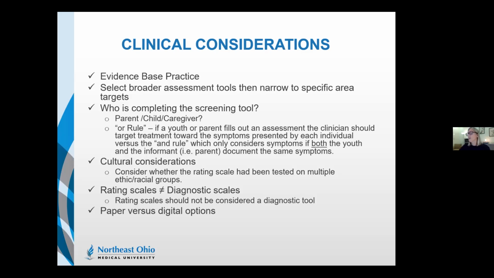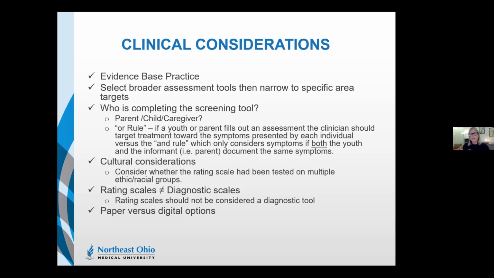One of the recommendations is to look at broader assessment tools and then narrow down. For example, there's a broader assessment tool for mental health called the Patient Stress Questionnaire. Essentially it involves maybe four other assessments, one of which is the GAD-7, an anxiety assessment; the PHQ-9, which tends to be a depression screening; and the AUDIT, an alcohol-based substance use disorder assessment. I think it also does some PTSD in there as well. So that's just one example of a